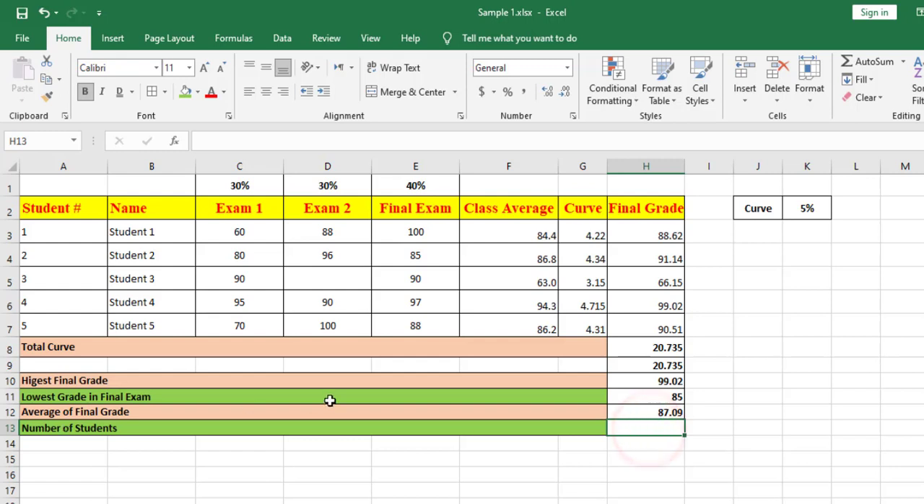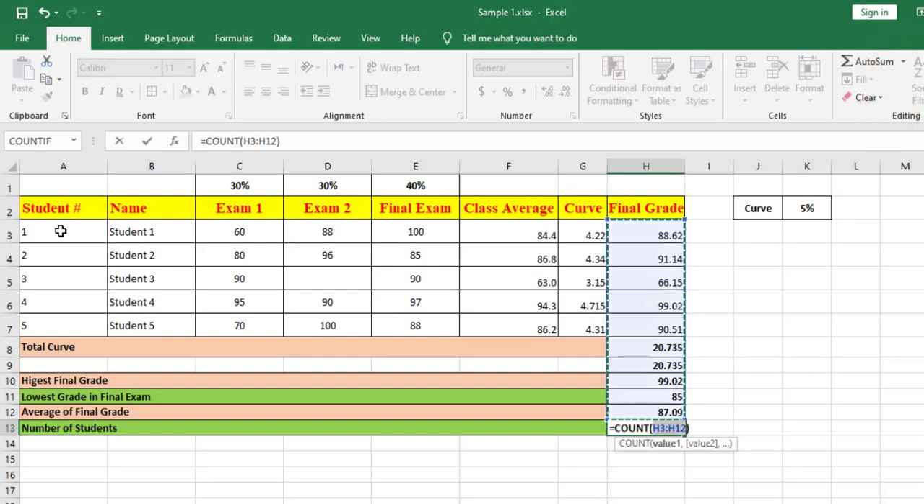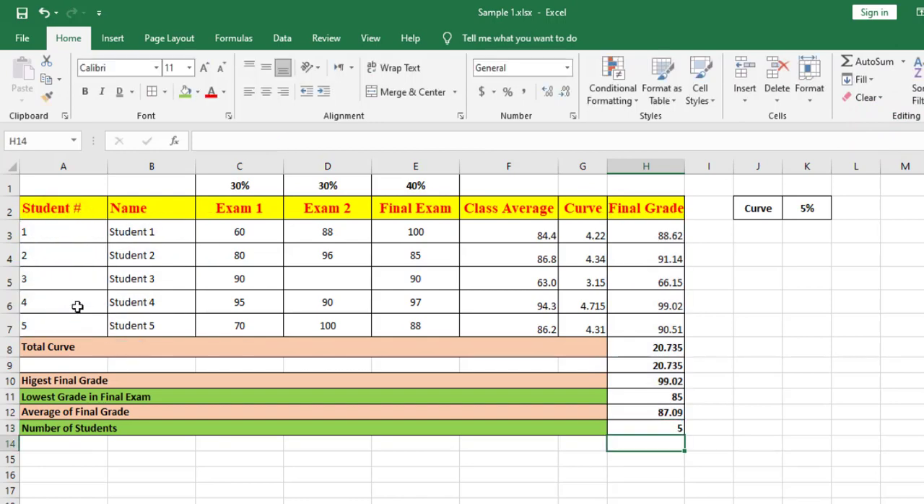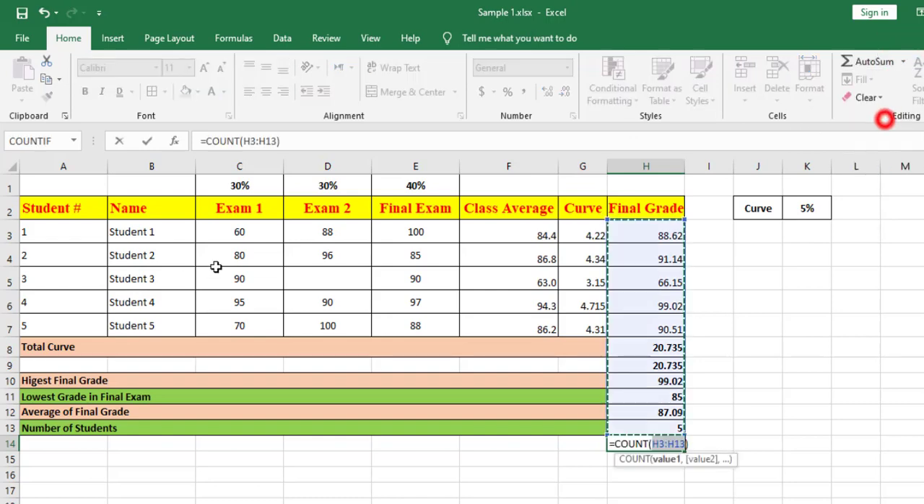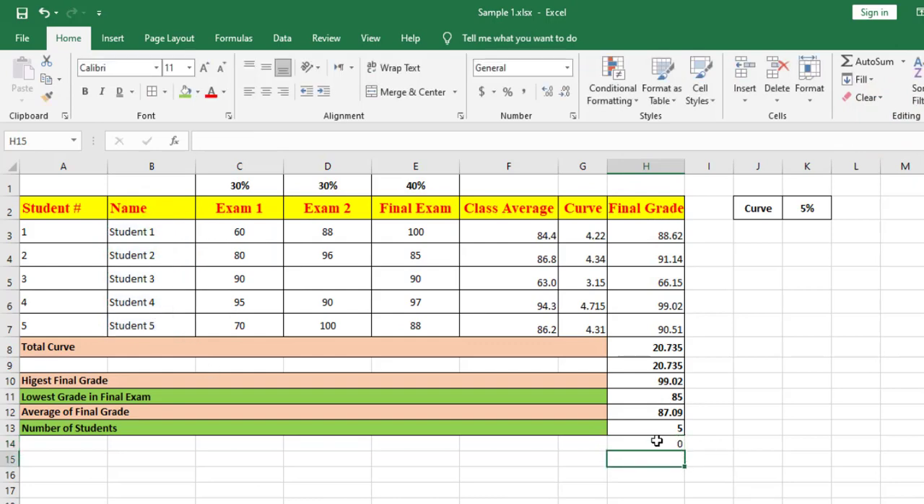To calculate the number of students, I will use the count function, and I will select, for example, from A3 to A7, which gives 5. Now let's try to use the count function on the B cells. If I use the count function from B2 to B7,